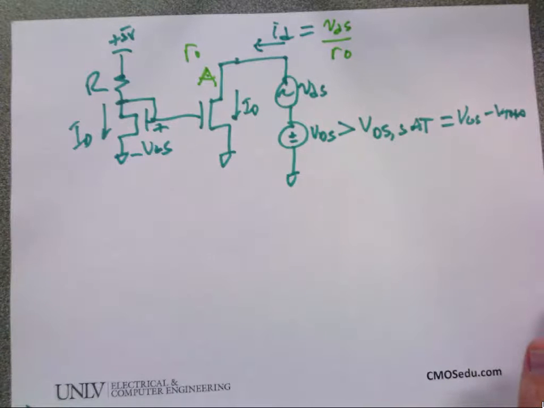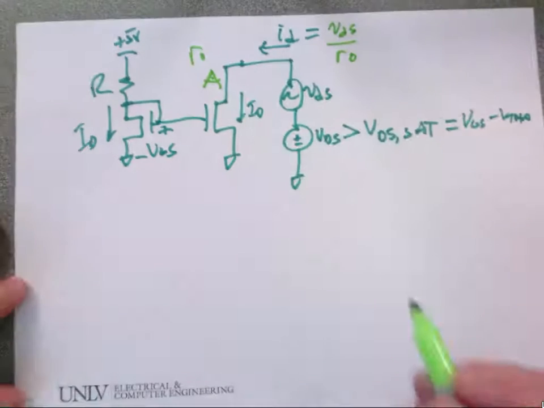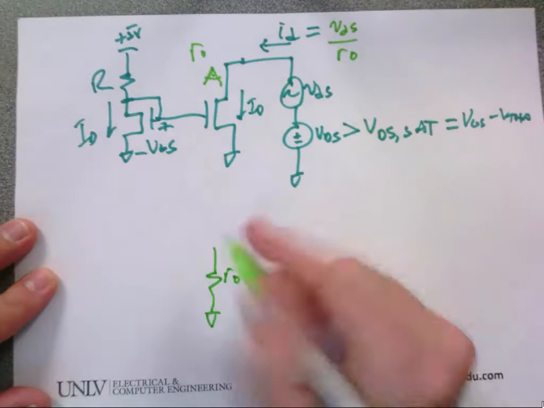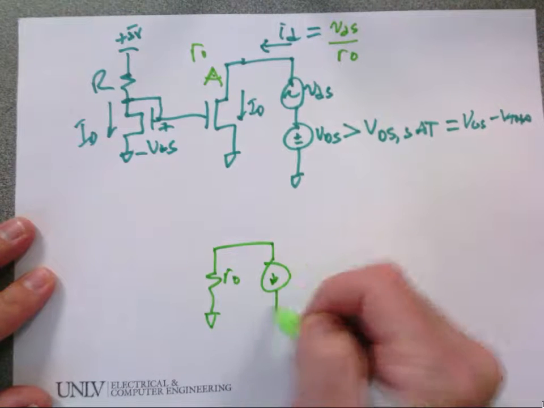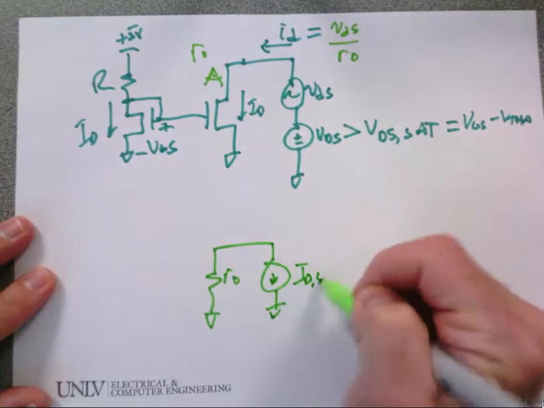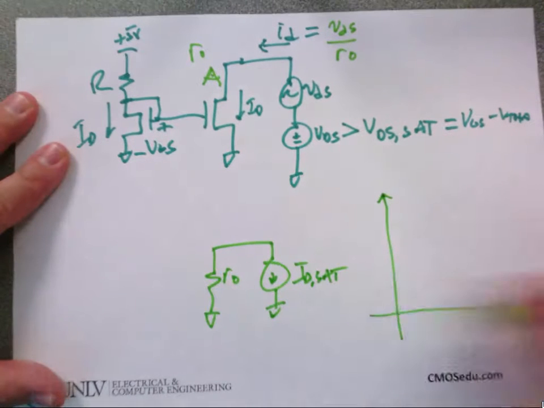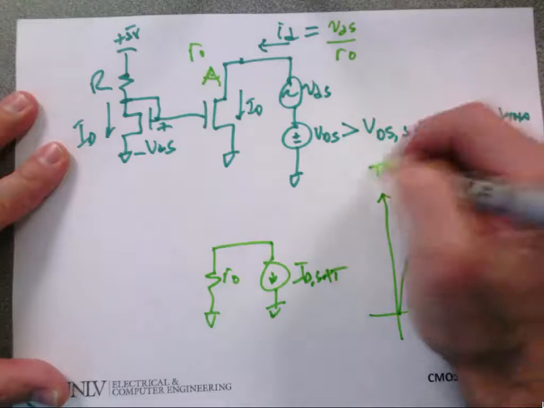I apply a drain voltage. I get a drain to source AC voltage. It's limited by this R out. I model the transistor as a resistor in parallel with a current source, ID sat. And you say, oh, I remember that. Assuming we're in saturation and the curve looks like this,